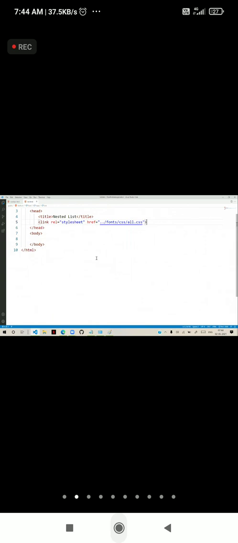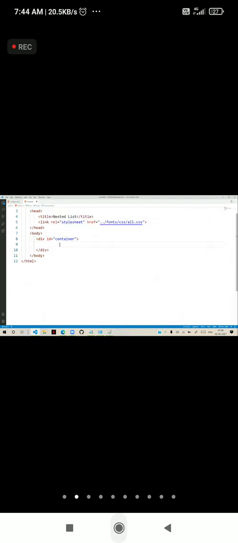And here I am designing a div. For this div, you can give an ID because there can be several divs. I will give an ID container. So container is an ID for this particular div.